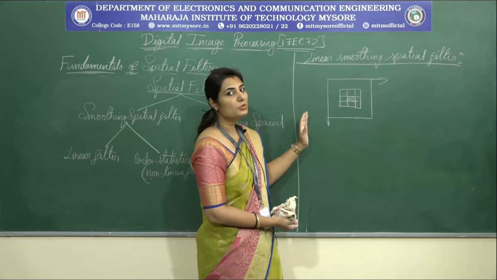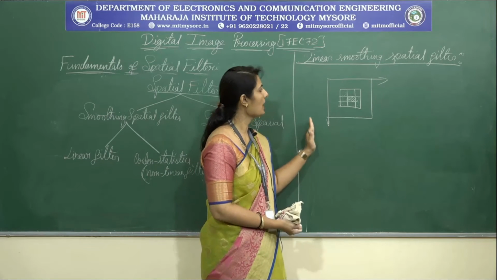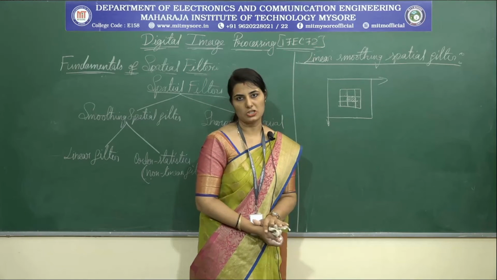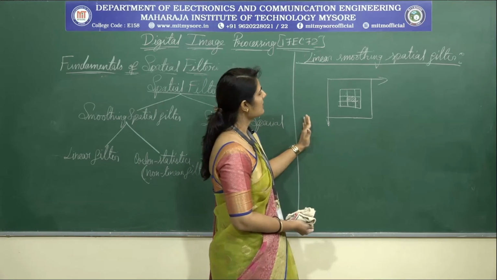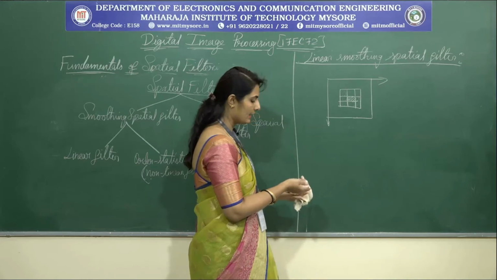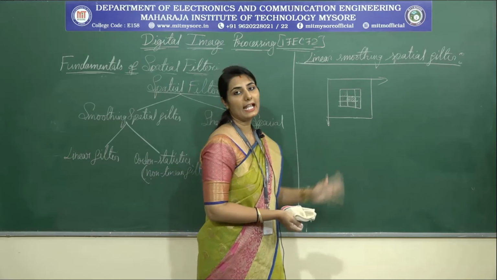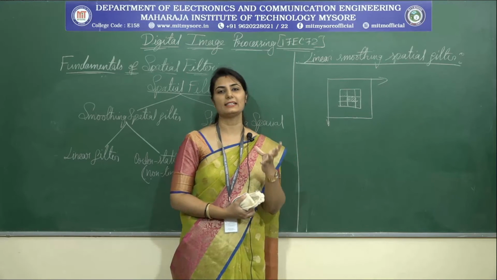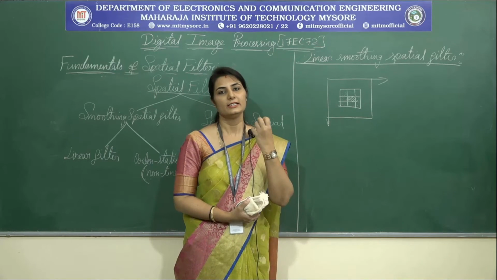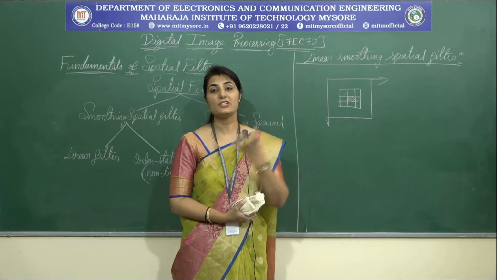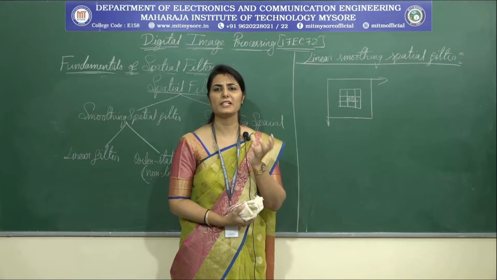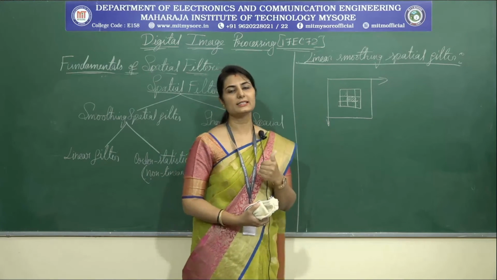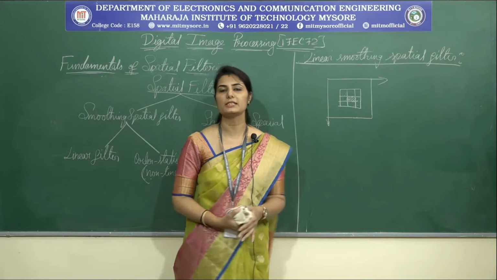So in order to smooth these sharp intensity transitions, we have to find the average of the neighbors by using linear smoothing spatial filters. This is nothing but averaging with this filter, and here you have a weighted average. In linear smoothing spatial filters, the drawback is that this blurs the edges of the objects. Which is the main feature in an image? The edges of the objects are the main feature in an image, so this blurs these edges. This is one of the drawbacks of this method.